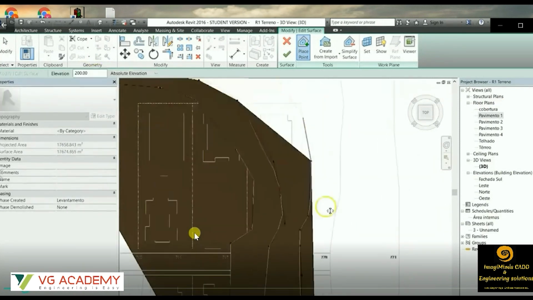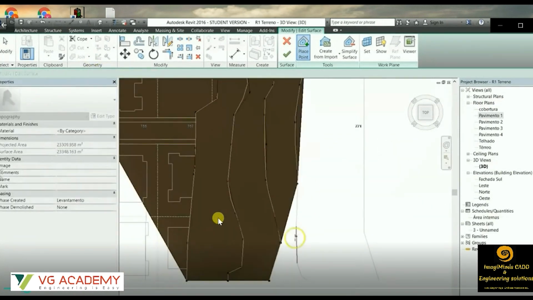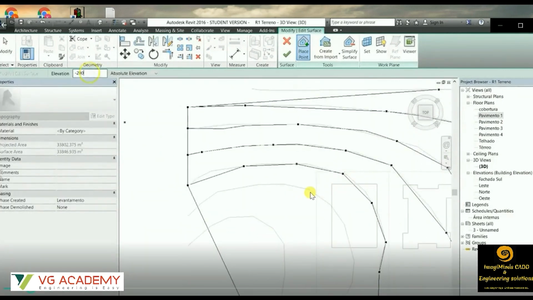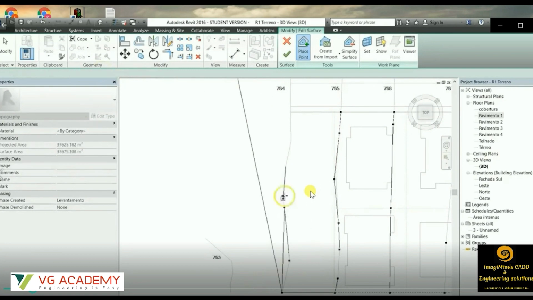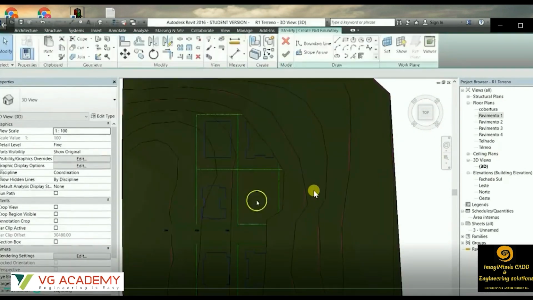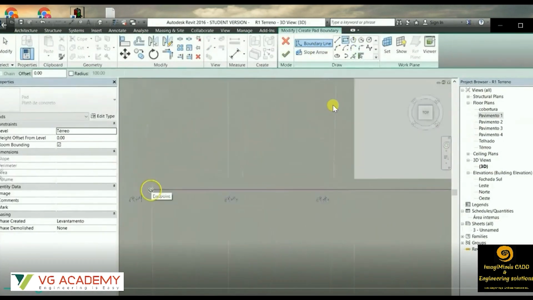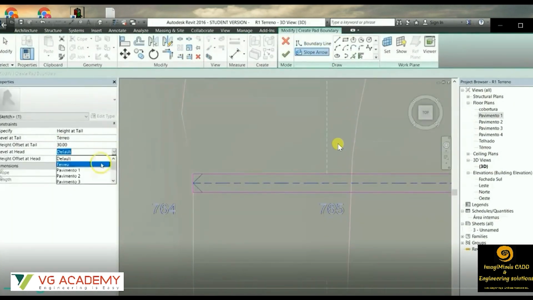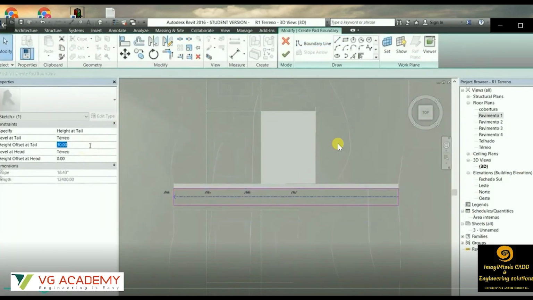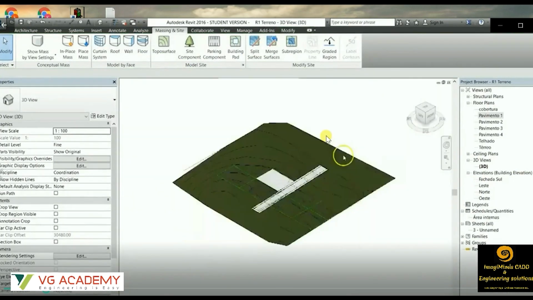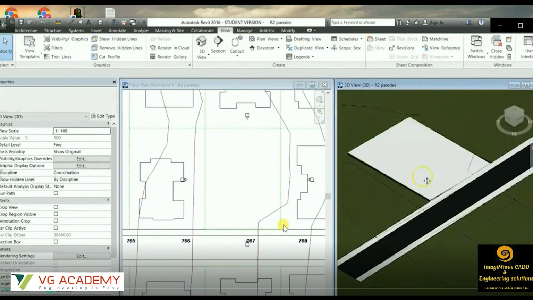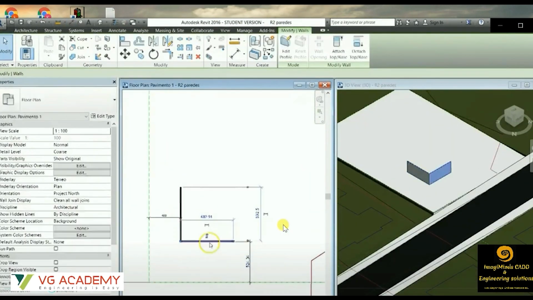We can generate the surface according to different elevations, right? These black dots are actually the elevation points. So you can give the exact RL of that point. Once we are done with that, let us say we'll be creating a surface, a building pad, you can say. After we create the building pad, we can create a road type as well. You can show the road to the plot. So after that,